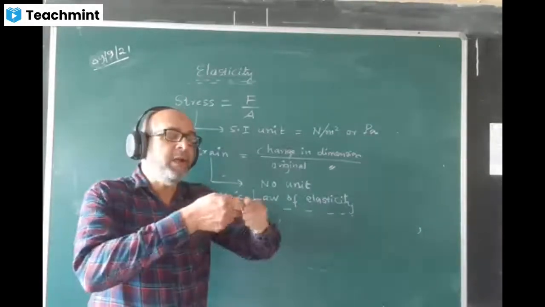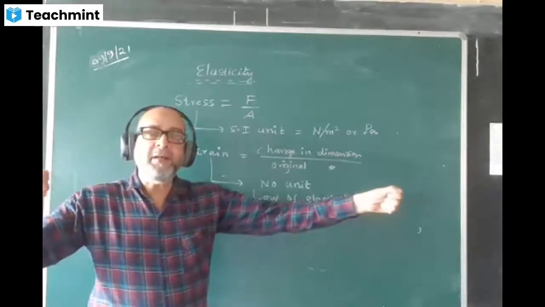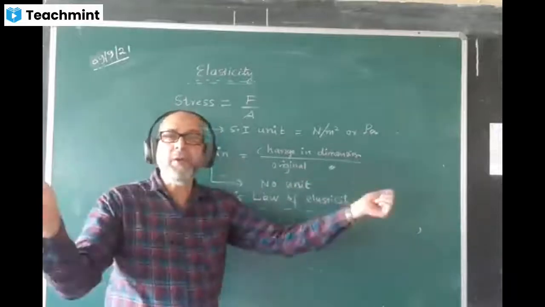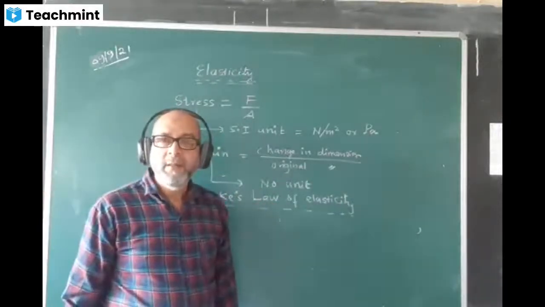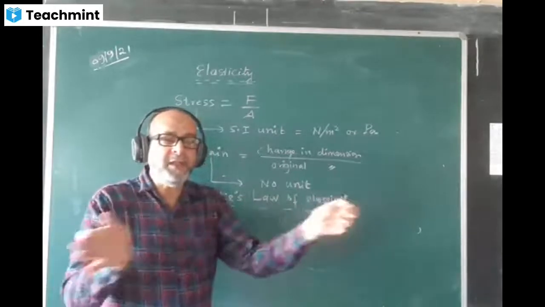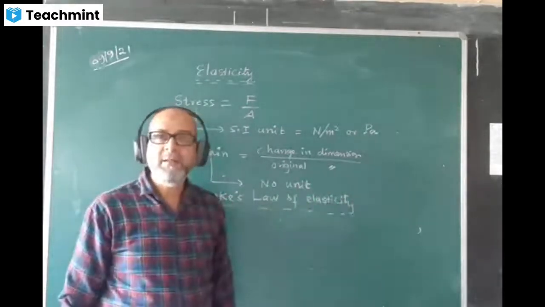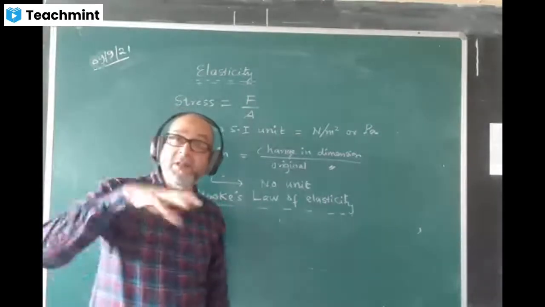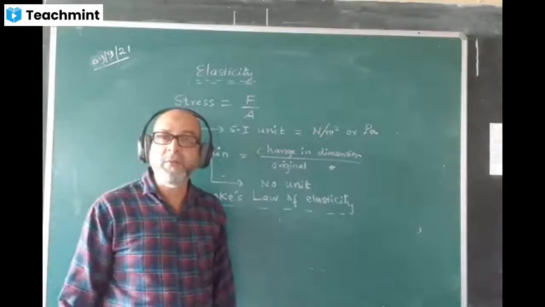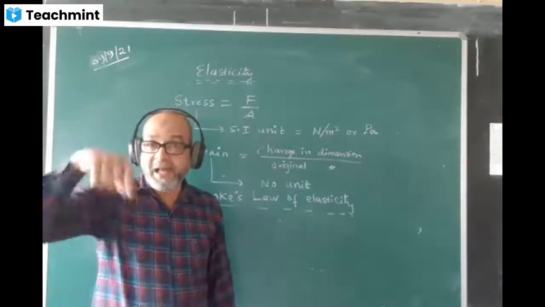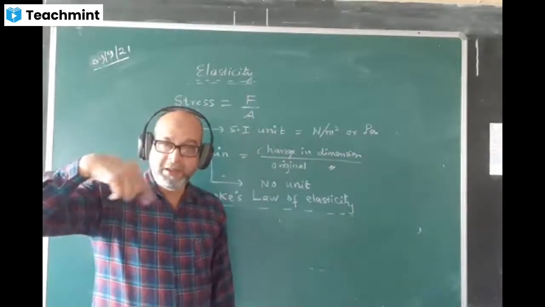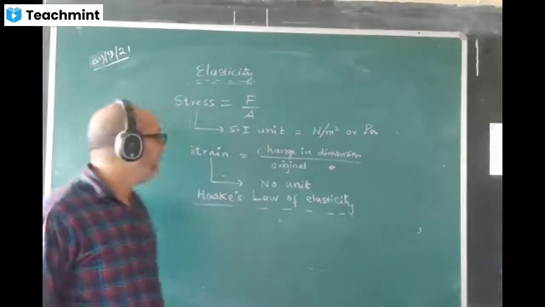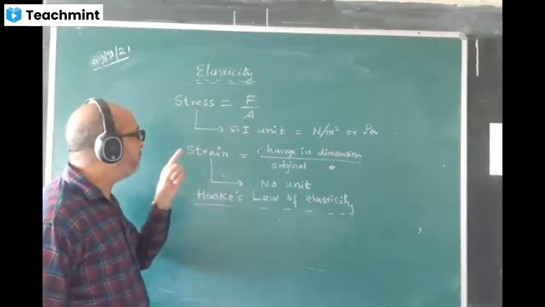It will remain. Suppose you are elongating something, keep on elongating. Too much elongation will cause the body to remain elongated, not to come back. But at a particular length, you see the body is returning back nicely. So that means the body is within the limit of elasticity. But beyond that, the body will become plastic. The body will not return back. So within the elastic limit, as long as elasticity is in force, stress will be directly proportional to strain.